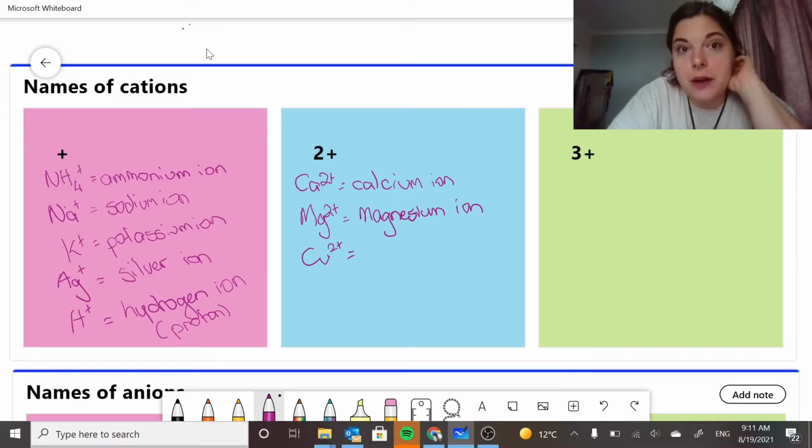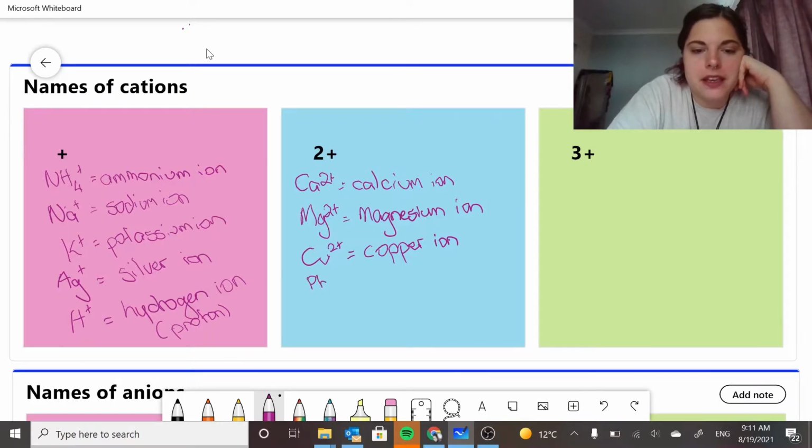We have got the copper 2+ ion, and like I said, that's copper, Cu2+, copper ion. Then we have Pb2+. Think plumbers, think lead pipes. That is our lead ion. Then we have Fe2+. Fe2+ is the iron(II)